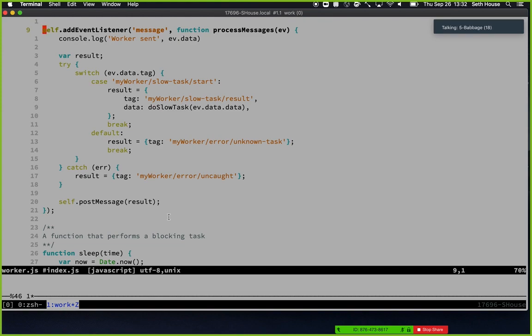So is this worker sent or worker received? That's a good question. This is the worker itself, right? This is the worker itself, so this would be received. Thank you. So this is the highest level: you create a worker,